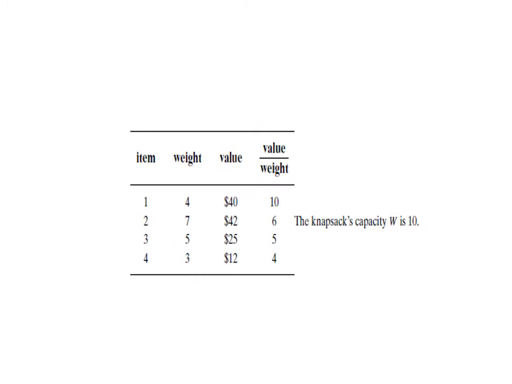For this sample 0/1 knapsack problem, we are going to solve it with the help of the branch and bound method. Here we have a total of 4 items with their corresponding weight and value. Our first step is to find the value by weight ratio, and we have to arrange the items in descending order based on the value by weight ratio. Here the elements are already in descending order.